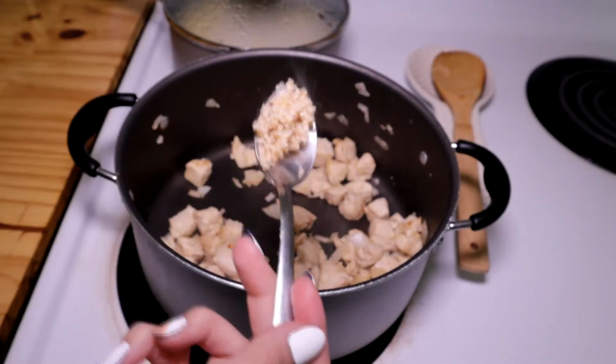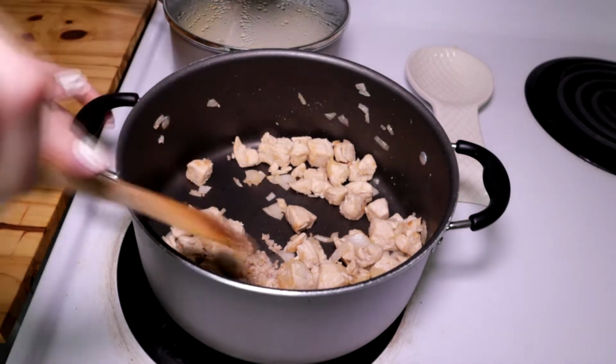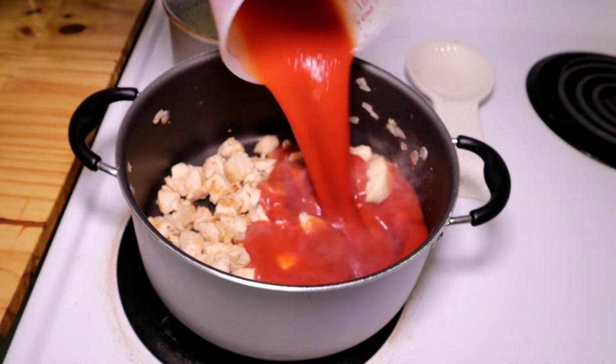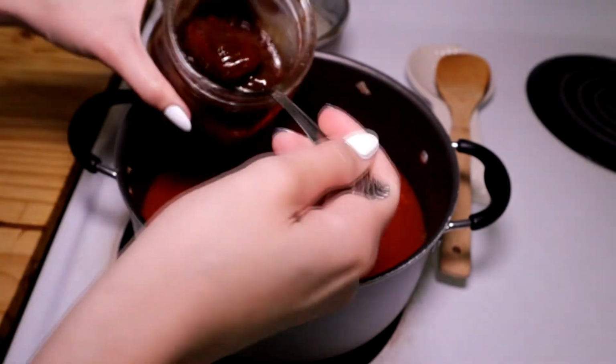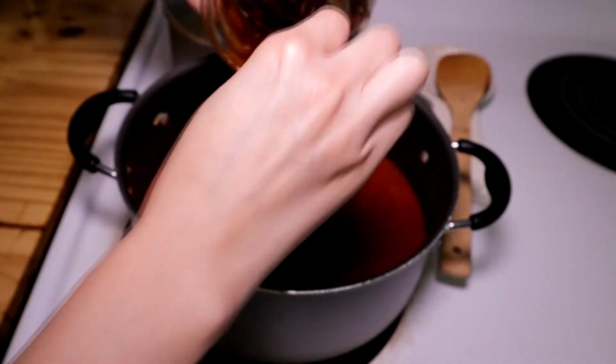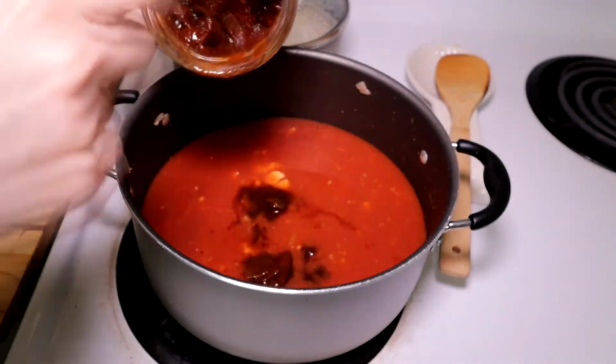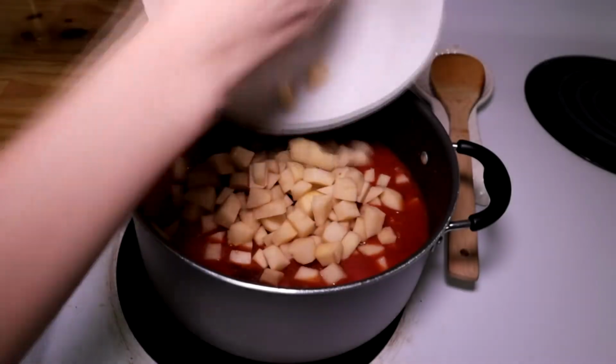We add the garlic and mix until lightly brown, and then we proceed to add approximately 2 cups of tomato sauce. Afterwards, we add 2 Chipotle peppers and a little bit of the marinade to give flavor to our sauce. And here, if you want it more spicy, you can add more peppers. Then we add the potatoes and mix well,